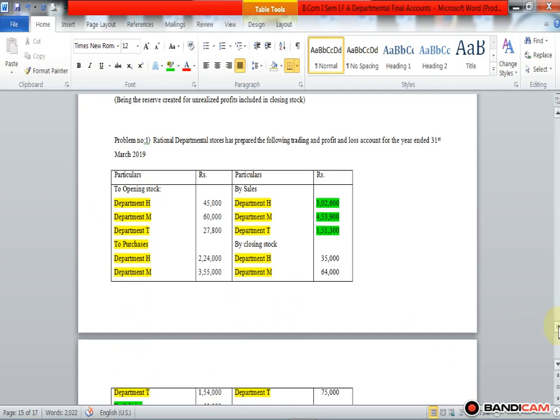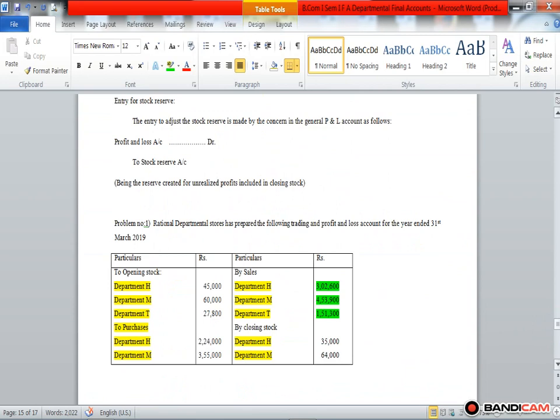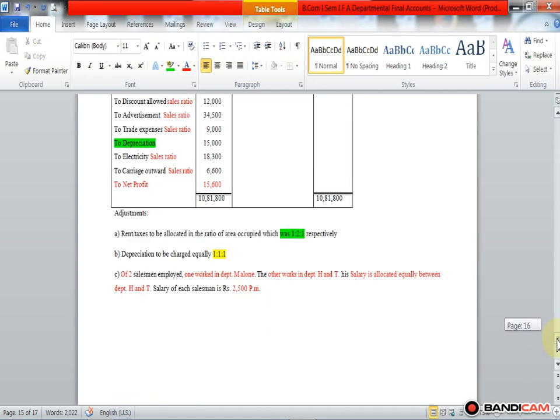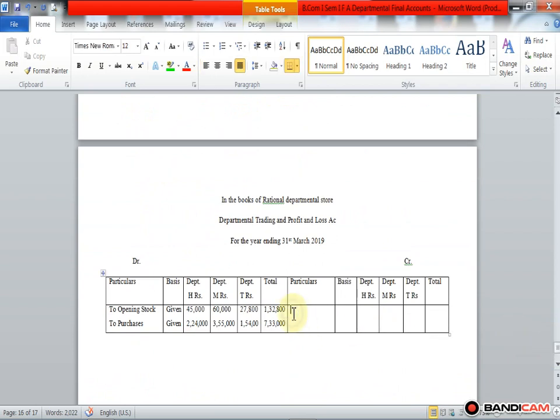Okay, so we transfer the sales. First we complete the trading account, then we solve the profit and loss account. So sales is transferred by sales to the credit side of trading account. Sales is also given in the problem, amounted to rupees